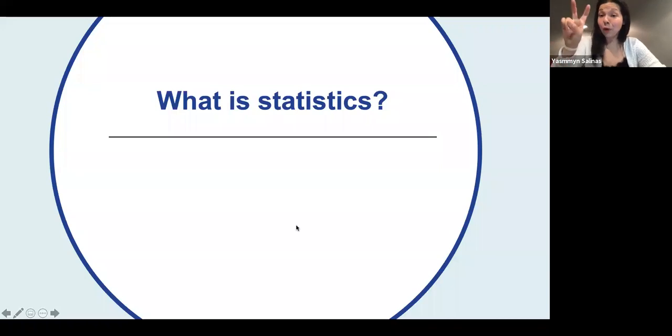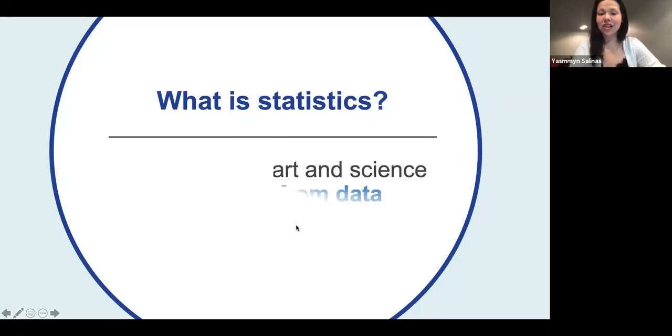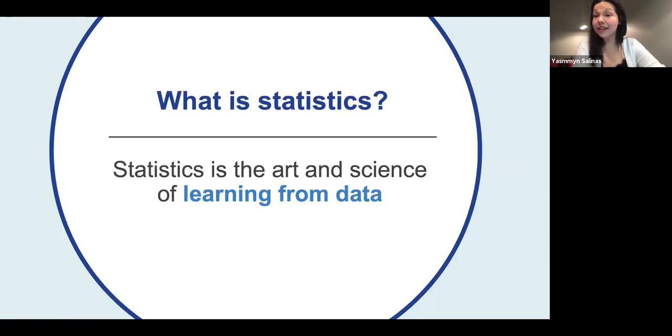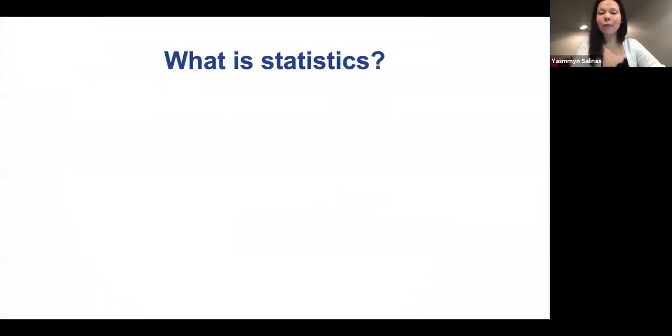Here's my formal definition of statistics. It's just the art and science of learning from data. So you all in your answers talked about math, data, numbers, and learning from it, making decisions about it, or making predictions, okay? And so I have one more question for you before we take a little bit of a break. Well, actually, I'm getting ahead of myself. Let me give you a little bit more details about what statistics entails.